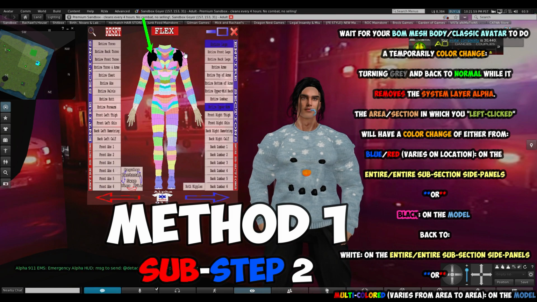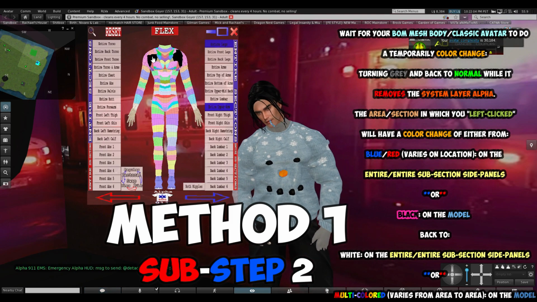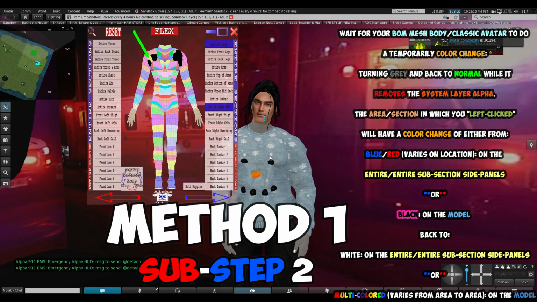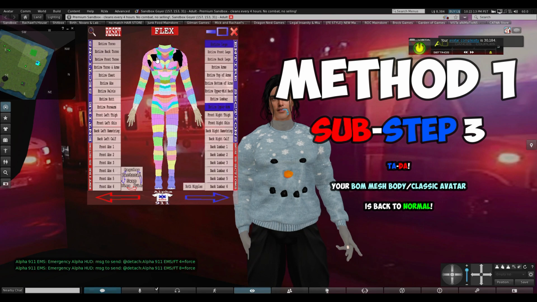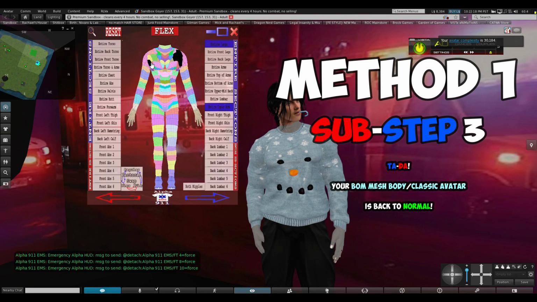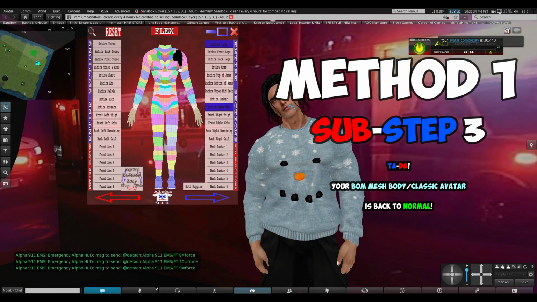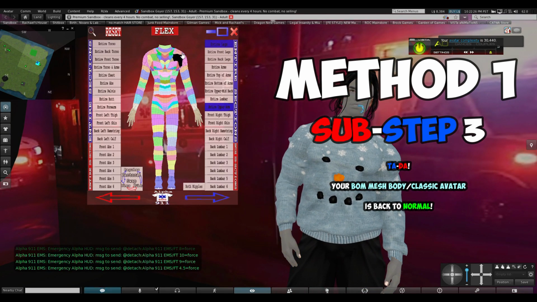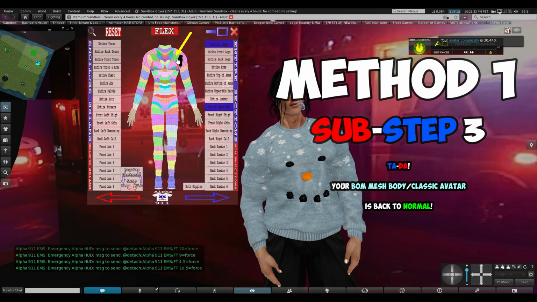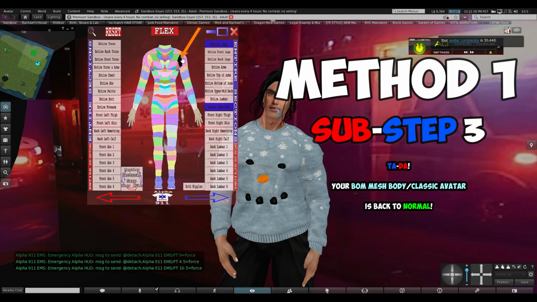So I'm going to click on these ones here and these ones here on the right. So I'm going to start the ones on the left. So I click the one on the outer shoulder, wait for it to turn gray and back to normal. Once it turns gray, back to normal, I click on the next one. And if it turns gray back to normal, click on this one here. And as you see, like I said in the nearby chat, it'll always say detach whatever alpha you had on previously, okay? Now we're going to go on the right side and do the exact same. So it's pretty simple to take the alphas off. It's just a matter of having to click it again. But once we get done, I'll show you another alternative way of taking the alphas off.